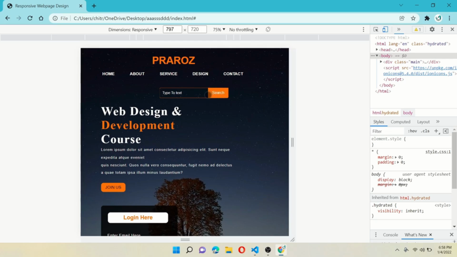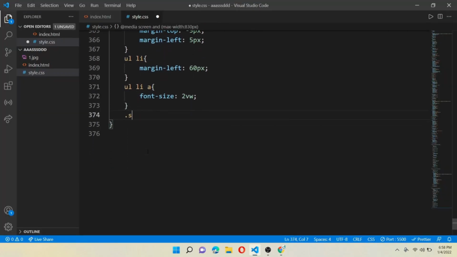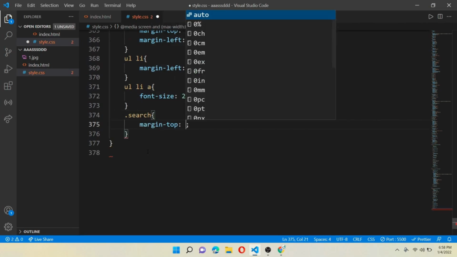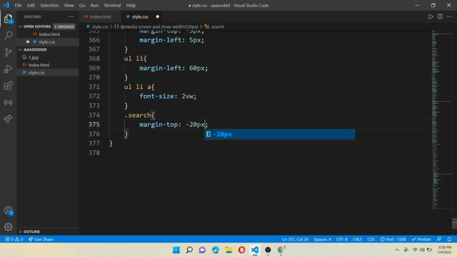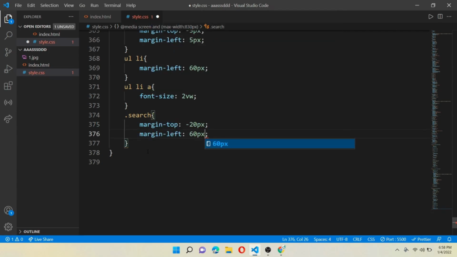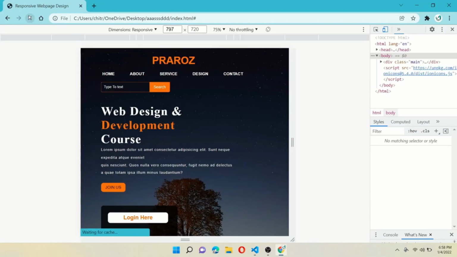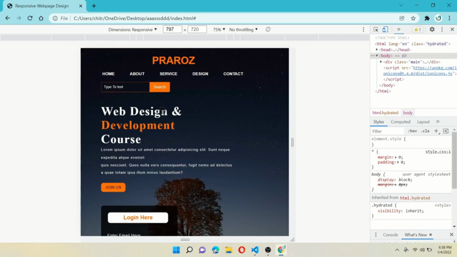Now we want to move this search box to the right place. For that, come to CSS, work for class search, give a margin top of minus 20 pixels and give a margin left of 60 pixels. Okay, as you can see, it is in the right place. Now we will reduce its size a little bit.